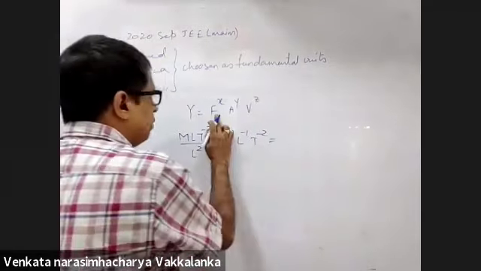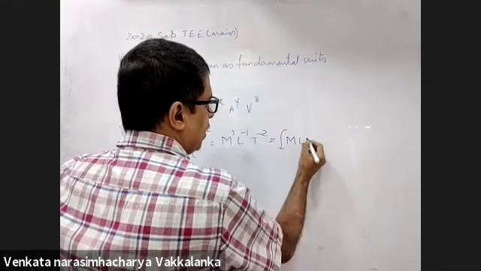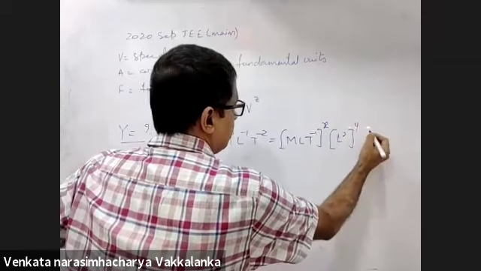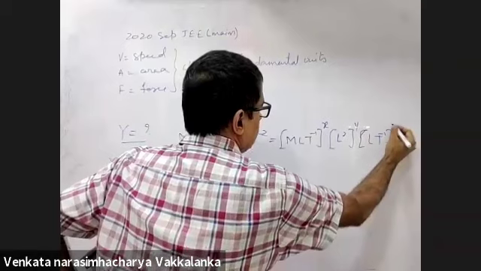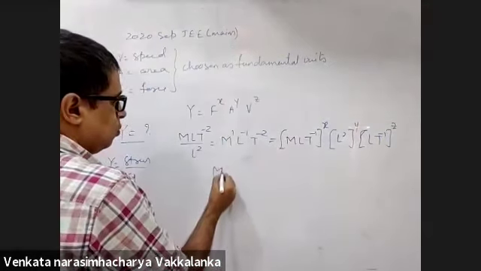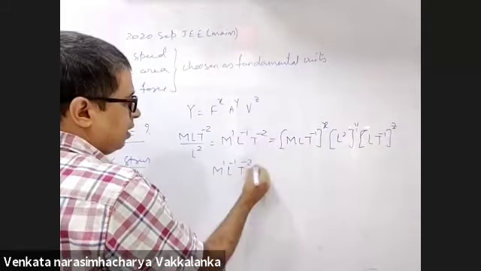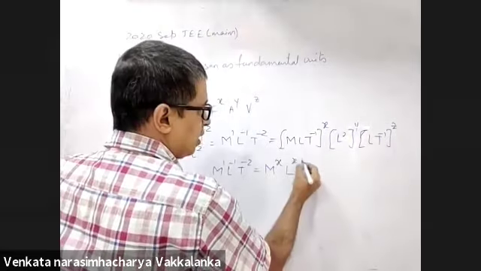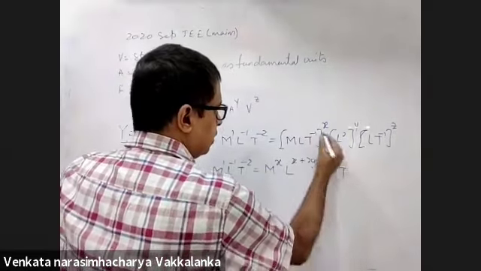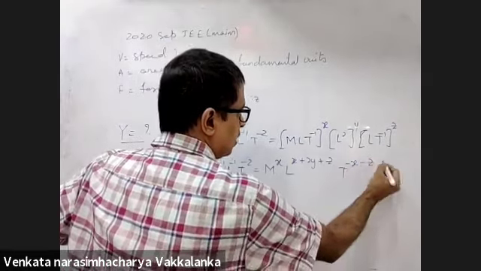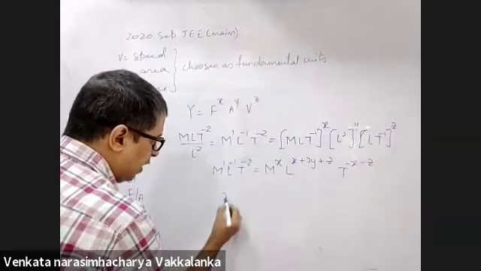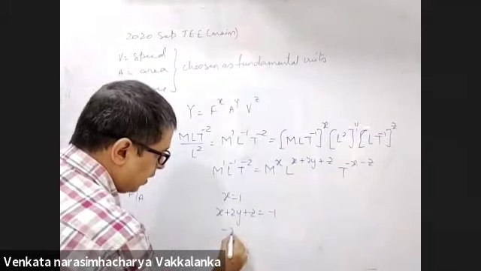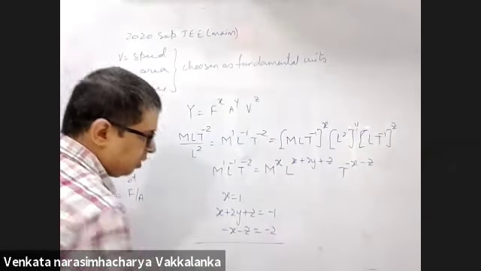Yes. Now right hand side, what should I do? For force, M L T to the power -1 to the power x, L squared to the power y, L T to the power -1 to the power z. So M to the power 1, L to the power -1, T to the power -2. This is M to the power x, L to the power x plus 2y plus z, T to the power -x minus z. So x is 1, x plus 2y plus z is equal to -1, minus x minus z is -2.